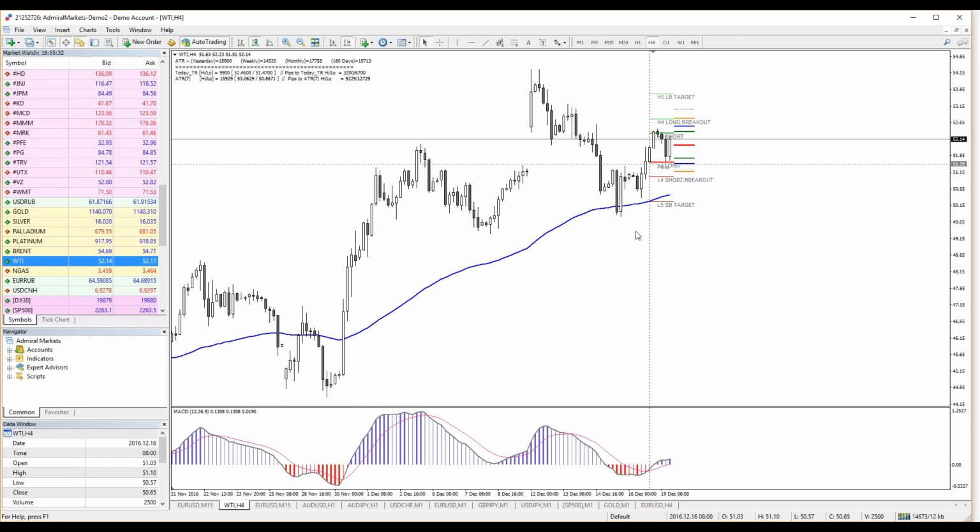Piercing line, 4-hour time frame. Inverted head and shoulders, very, very good. It could go up, but in order to proceed to the upside, it should close above 52. Let's see, 46. Wait for a 4-hour close.